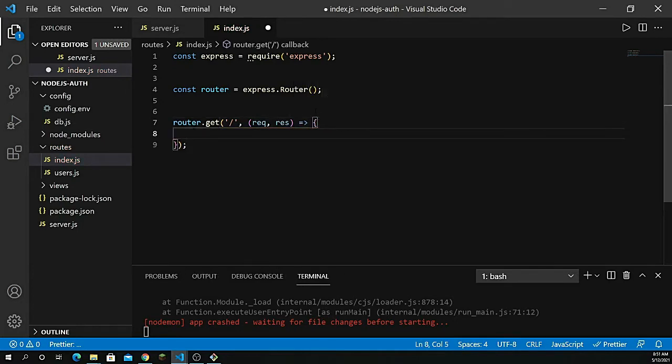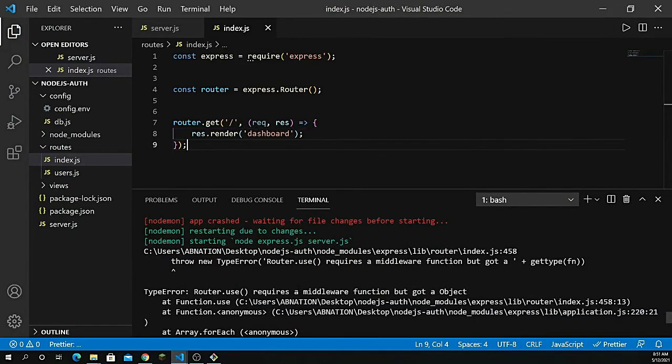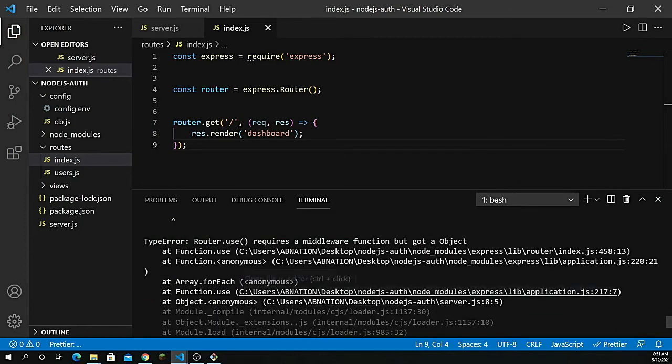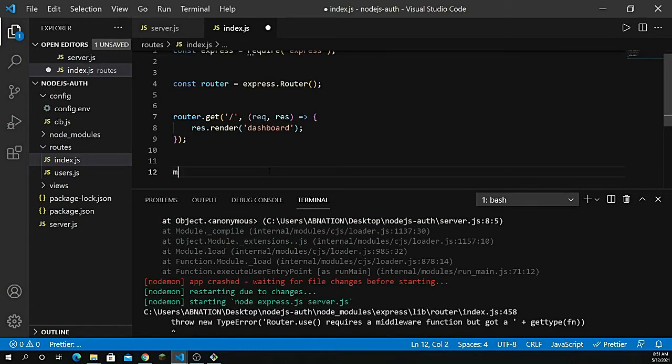So if I simply do res.render, and let's try to access the dashboard here, save it, and later it's just going to show me some kind of an error. It says that router.use requires middleware, right? So I need to export that because we are going to use it. So I simply use